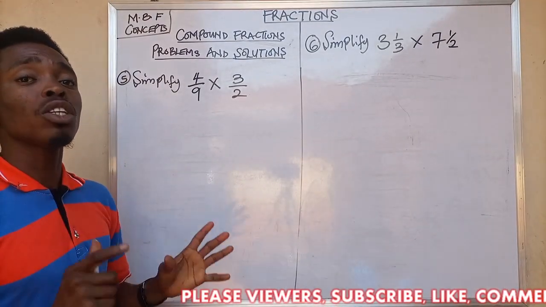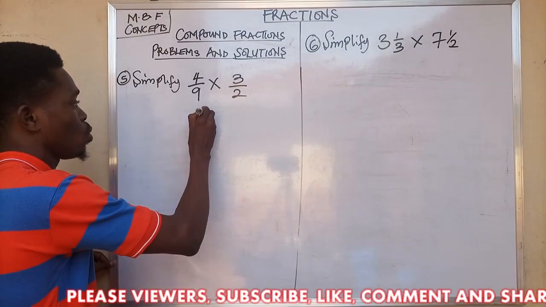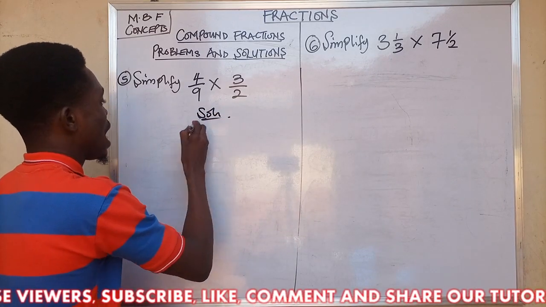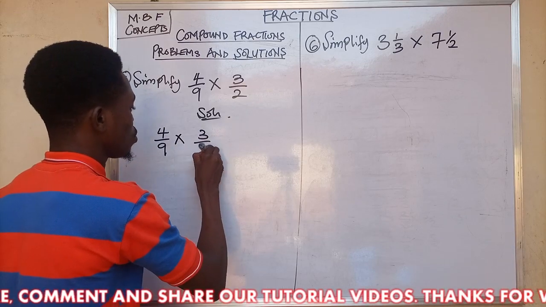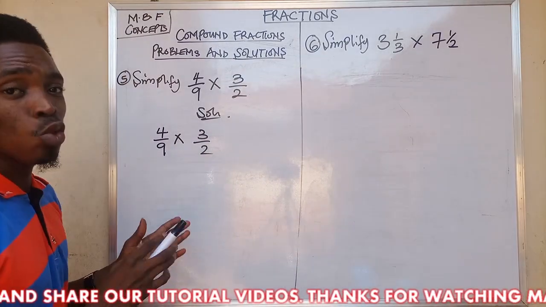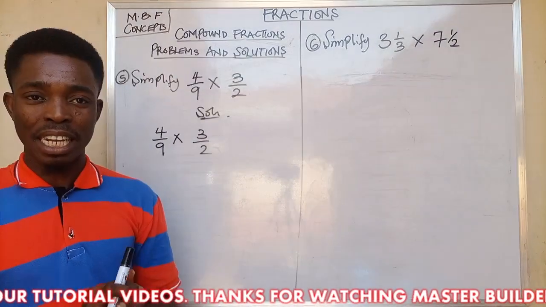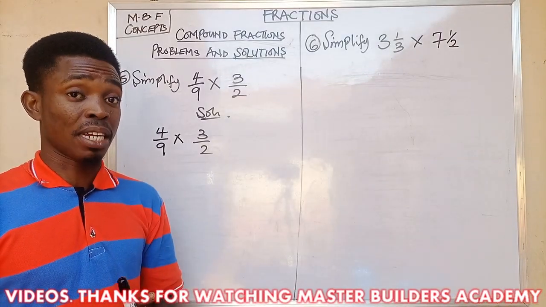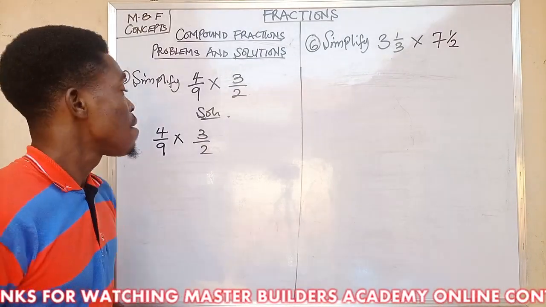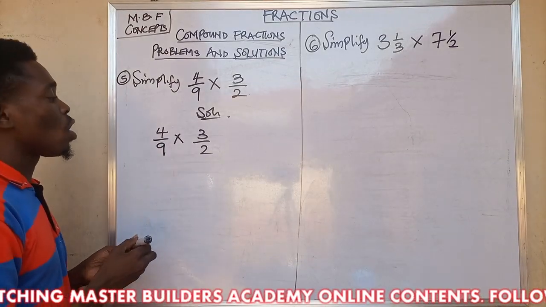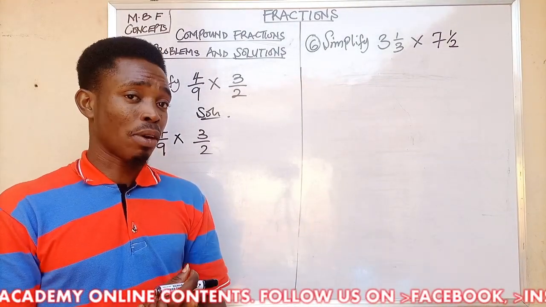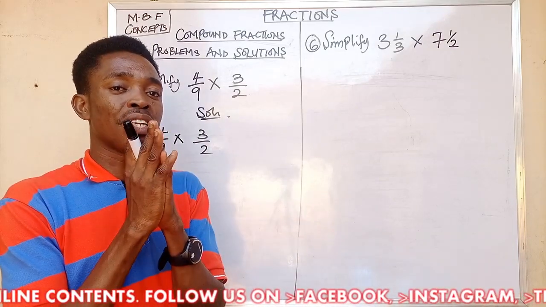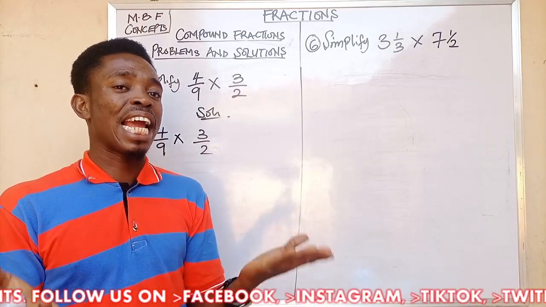And guys, what do we do here? The first thing we do is to pull down our solution and have 4 over 9 times 3 over 2. There are 2 ways to solve multiplication. All right, compound fractions with multiplication. There are 2 ways to solve it. First is to do what we call diagonal division. You just cancel out diagonally, or you can multiply the numerators, multiply the denominators, and hence find the